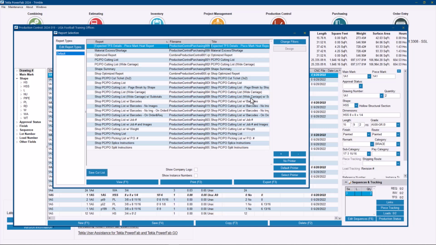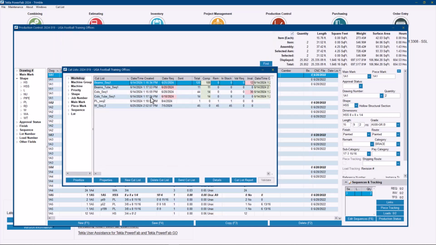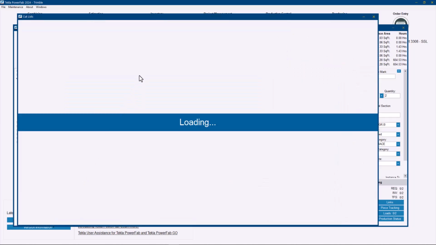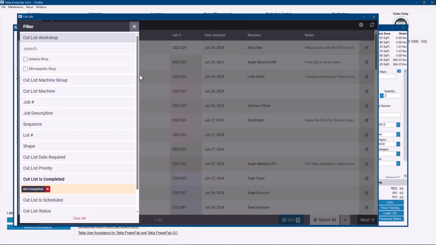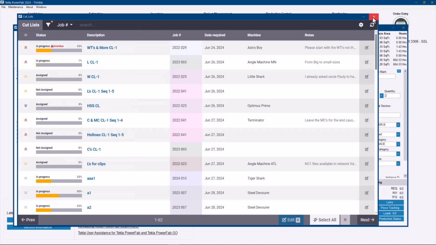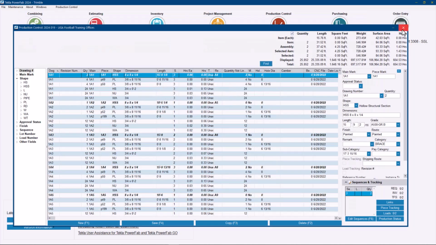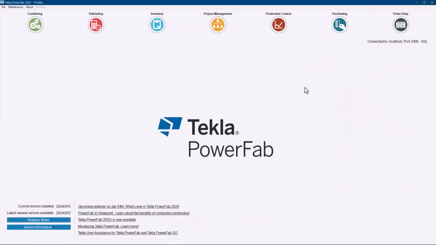The other option that you have is, when you go here to your cut list, here it is, I can just click prioritize and then access from here that screen and start doing the same things like assigning a specific date required or a particular machine or machine group, but it's just a different scenario. Again, you don't necessarily have to do this at the moment of creating this example, and that's why I really will recommend companies to, when they want to schedule cut lists or reorganize the way that their cut lists are ordered,